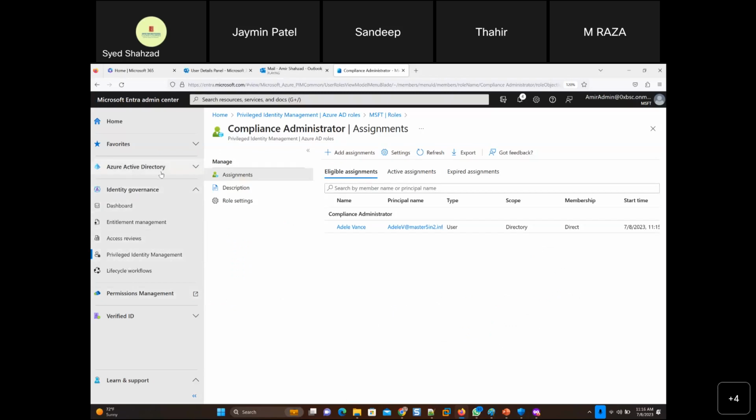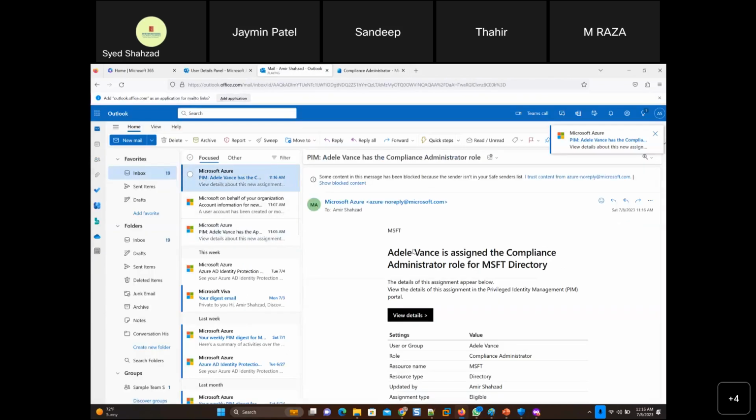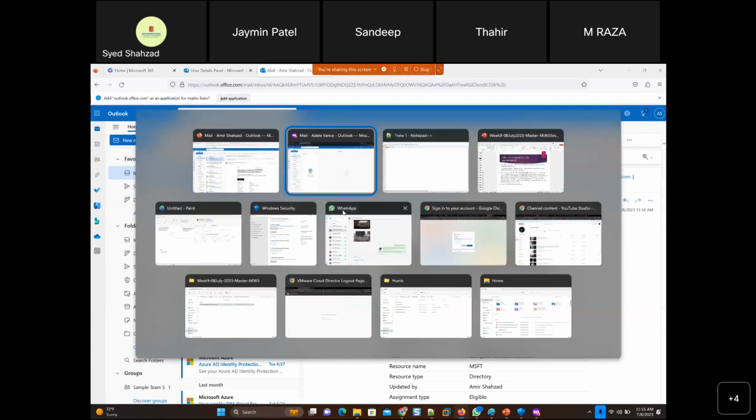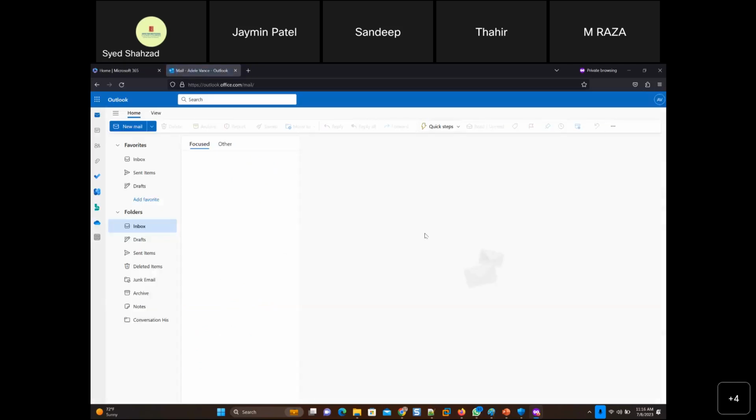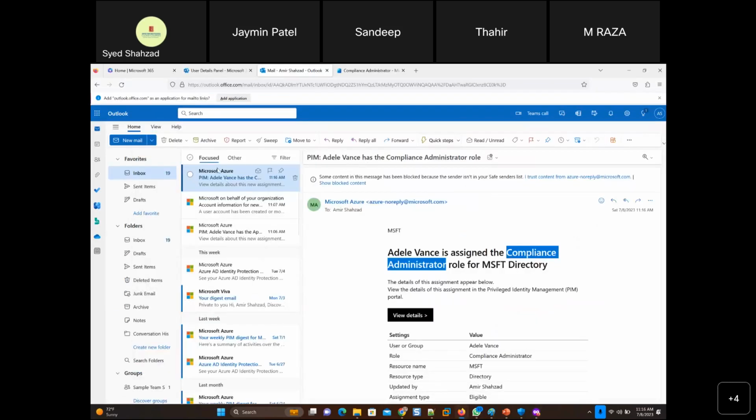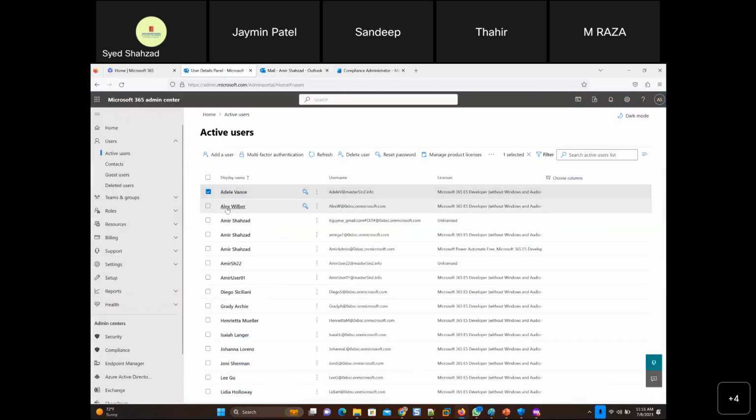So, oh, this is me. That's the time when I received that email, see, I just gave her Compliance Administrator. So that's the same time the email should come there as well. Yeah, this user, I think I've put some other restrictions. So okay, I'll give it to some other user quickly, so I could just show the user side.